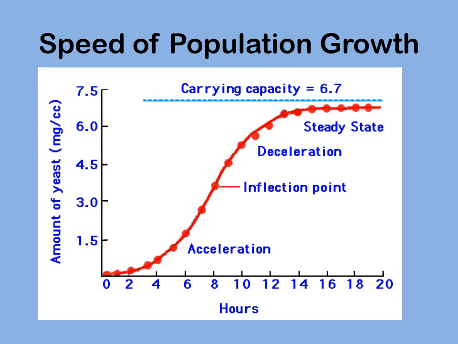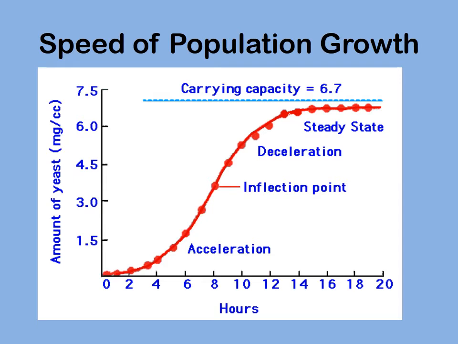the food resources are used up, and so with competition, there's not enough food for the population to continue to grow. At the beginning, you can see that the growth is slow, in the 0 to 2 to 4 area, because there aren't as many mature reproducing individuals to increase the population quickly. But as more offspring start reproducing, the growth rate accelerates, and at the inflection point, the growth is at its maximum point.